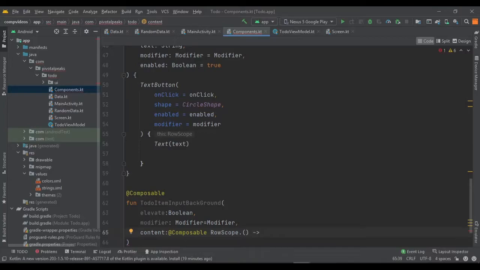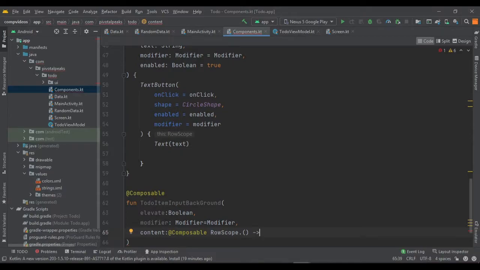Basically content is just a slot where we can draw the animation for our background. So row scope provides a scope where the animation can be drawn.